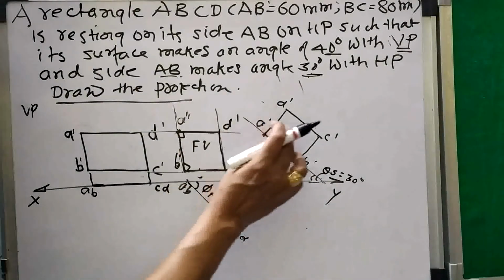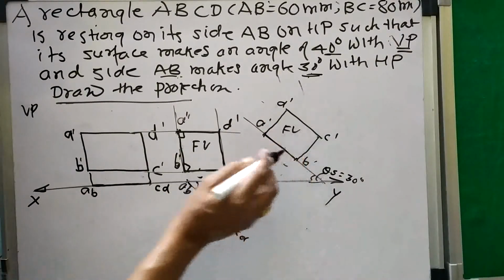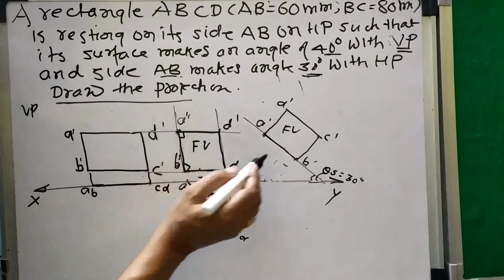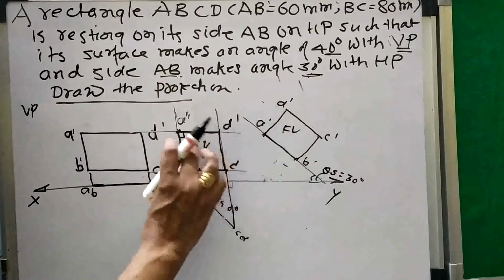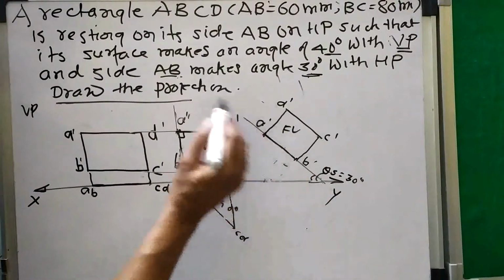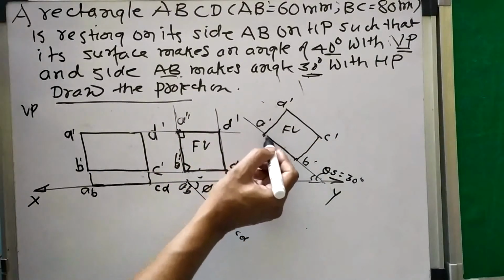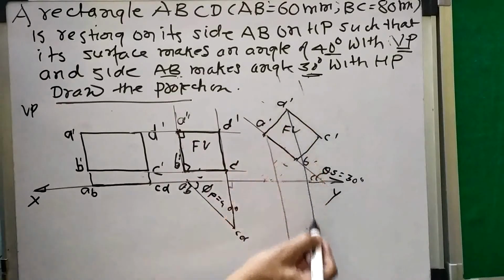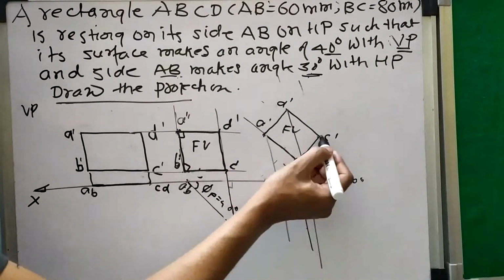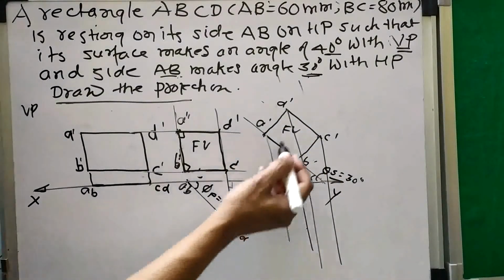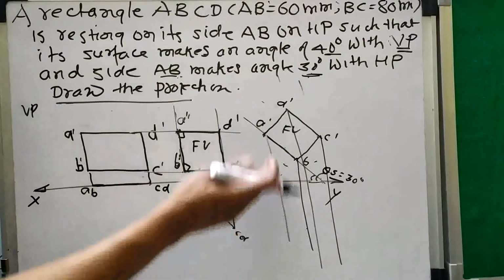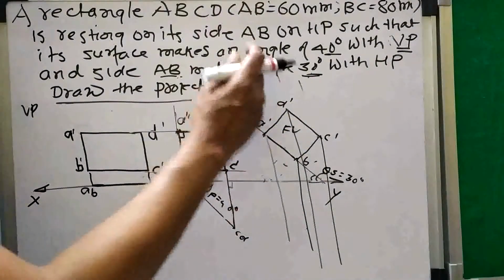So I have repeated this figure here. Front view, taking a dash b dash inclined at 30 degrees. So I have copied this here, making a dash b dash, that is AB, makes 30 degrees. And then I will project it. This projector line should be perpendicular. Even if these are not perpendicular in my drawing because I am drawing abruptly, you have to draw perpendicular